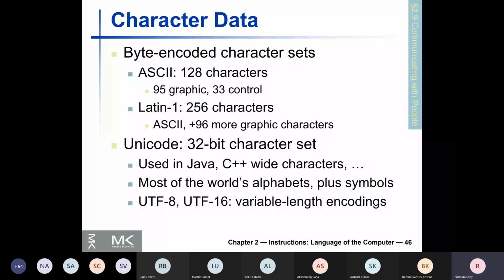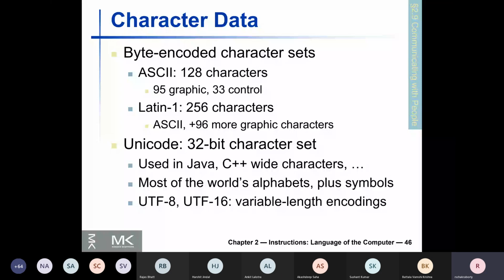So mostly we'll be concerned with the ASCII encoding and the classical 128 character ASCII encoding. ASCII characters usually are of 8 bits, which means 256 characters are possible. So the 128 character set is extended by adding 96 more graphic characters to have a total of 256 characters. That is called the Latin one. It's an extended ASCII basically.